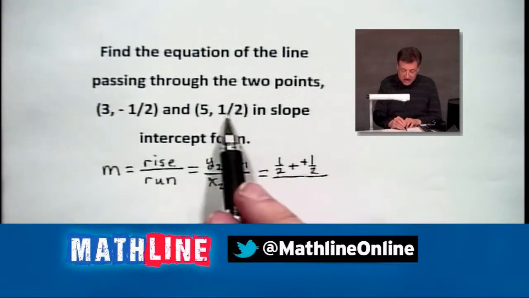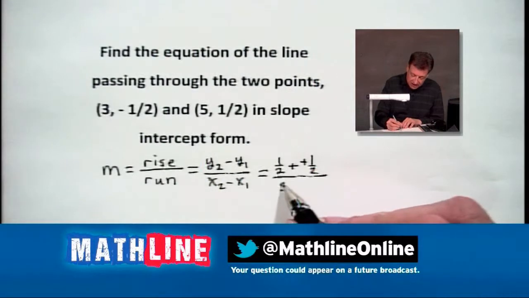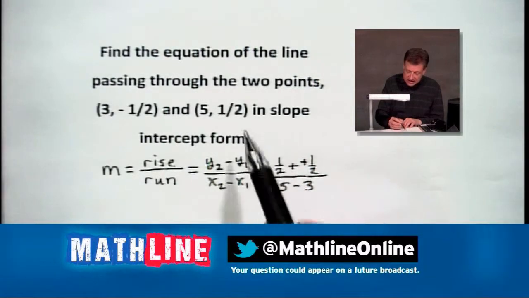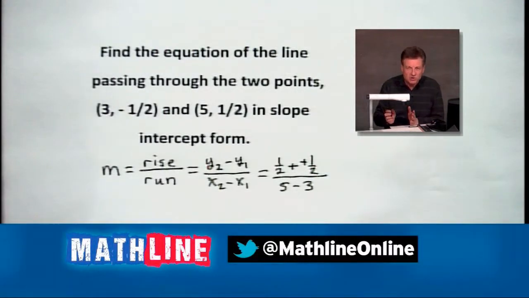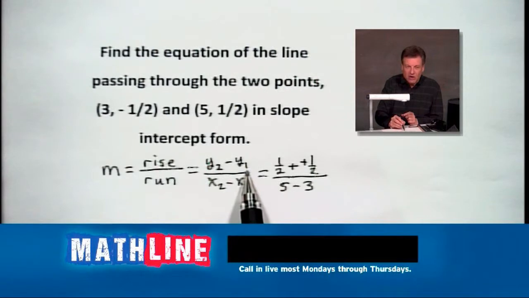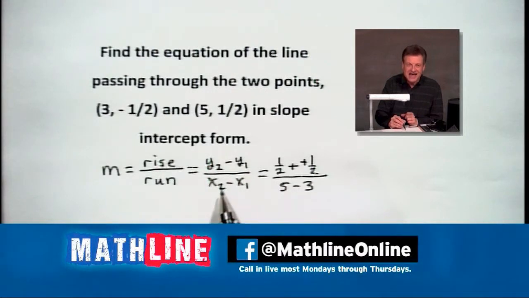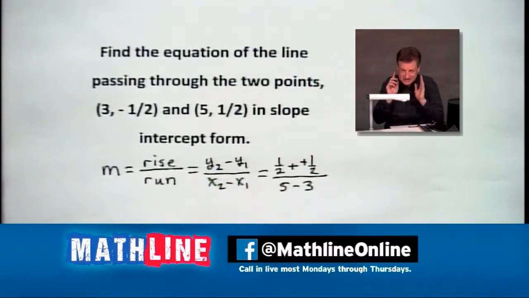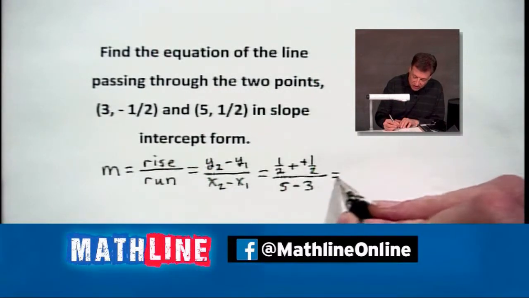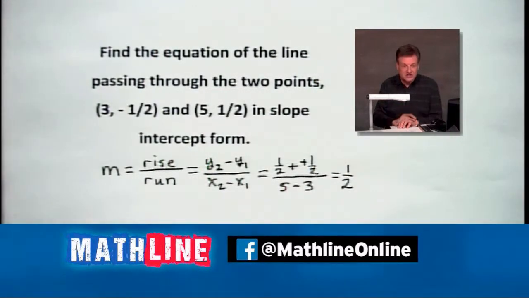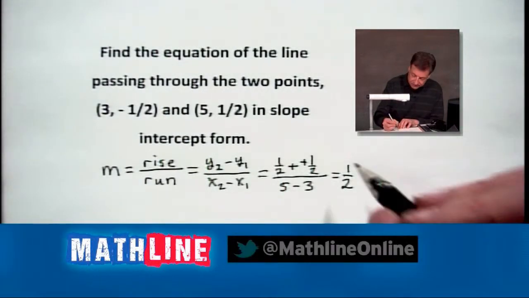Now, on the other side of the coin, I've got 5 minus 3. Now, notice what I did. I started with the second. Now, you say, does it matter if it's y1 minus y2 or y2 minus y1? No. But once you start with y2 minus y1, you've got to keep the second x and the first x, the same pattern going. You've got to keep it in the same direction. Otherwise, you're going to be off by the wrong sign. So what do we got here? I see 1/2. So that's great. That's our slope.